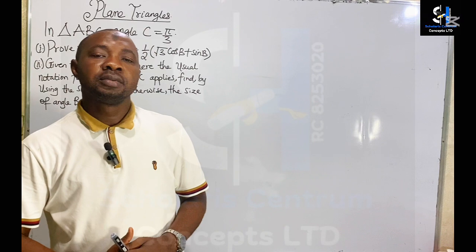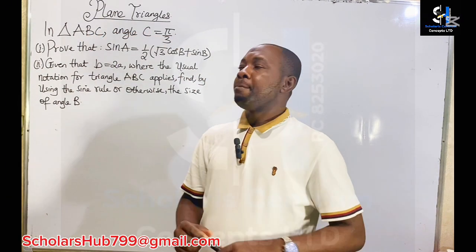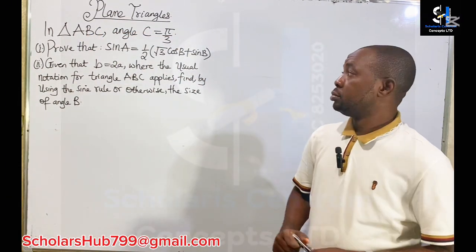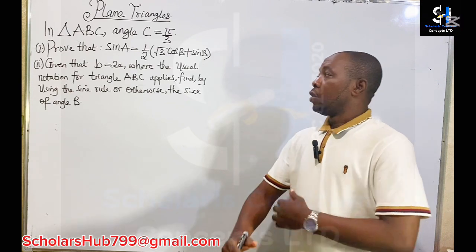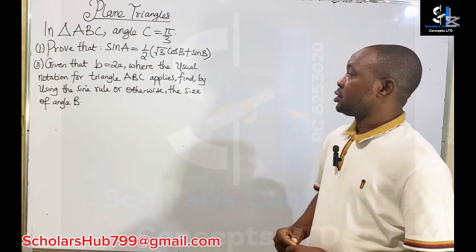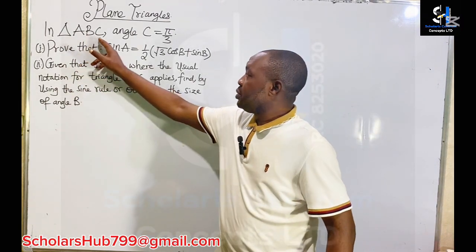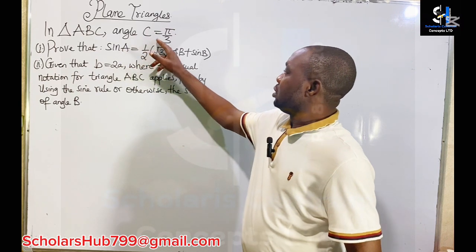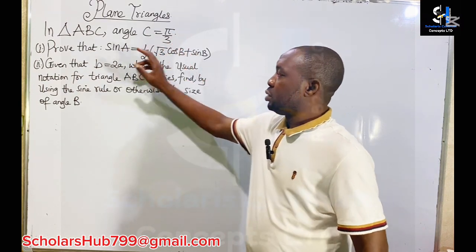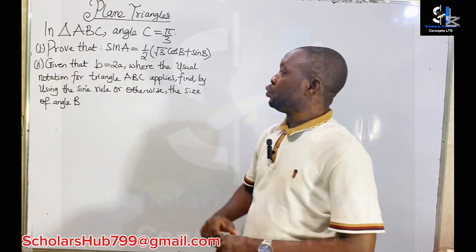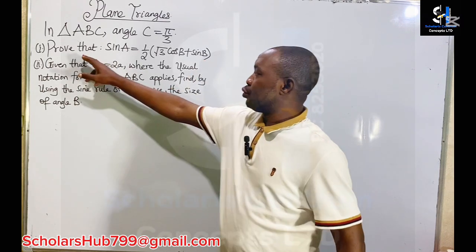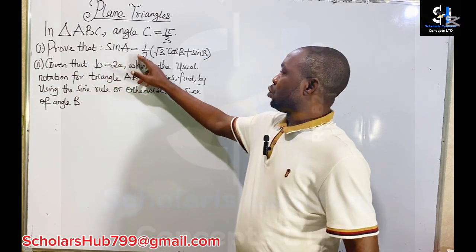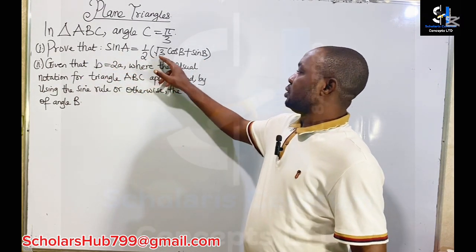Hello everyone. We have another question on plane triangles. The question we have before us is: in triangle ABC, angle C equals pi over 3. Roman numeral 1. We want to prove this identity, that is, prove that sine A equals 1/2 (radical